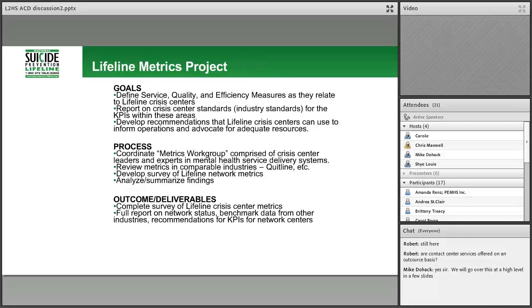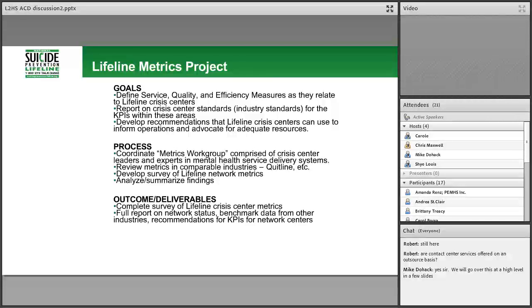We've worked with a group of industry experts to define some service quality and efficiency measures as they relate to our Lifeline crisis centers. We're going to provide information and guidance in a paper to the network that talks about accessibility measures and other service measures.